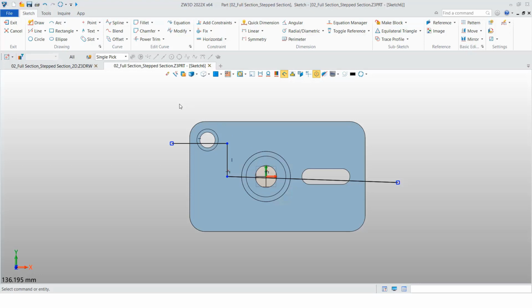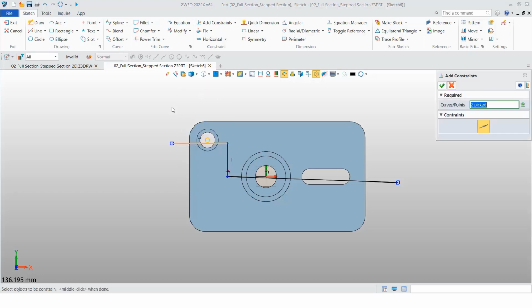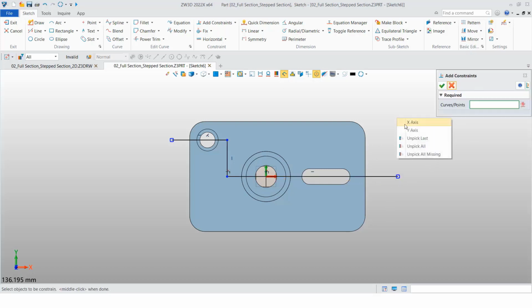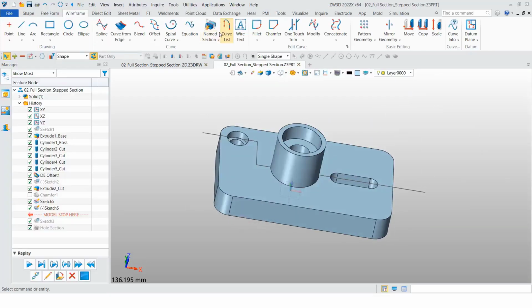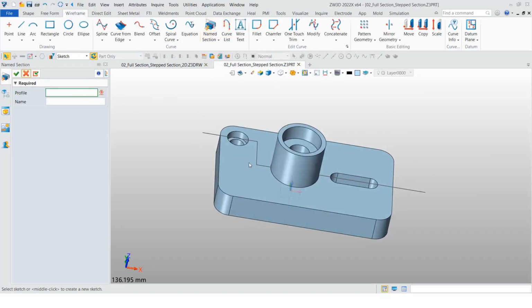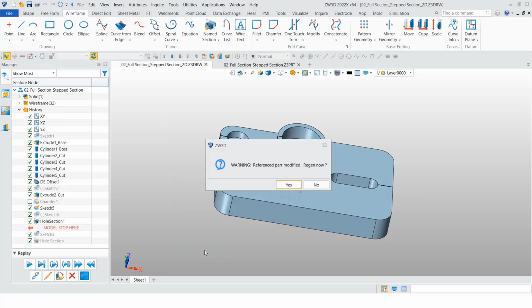Okay, and just add constraint, and this one to be horizontal, and go back, use the name section here, this one, and like host section 1, and go to the 2D sheet